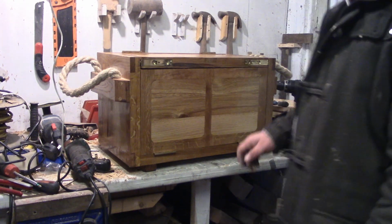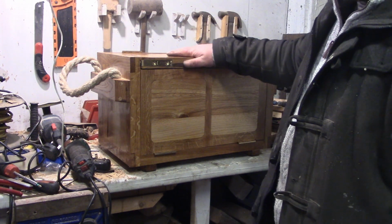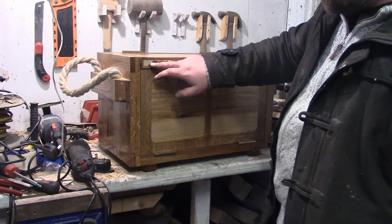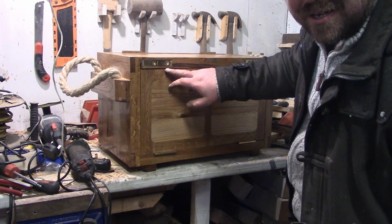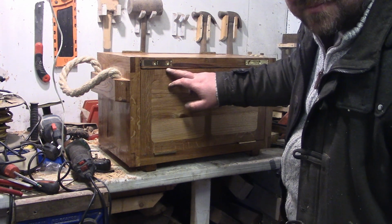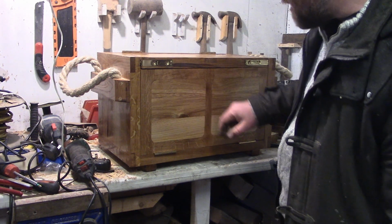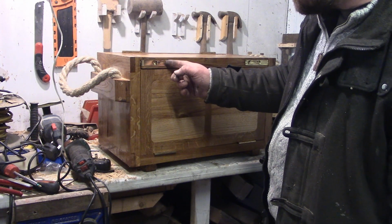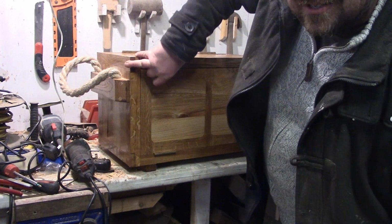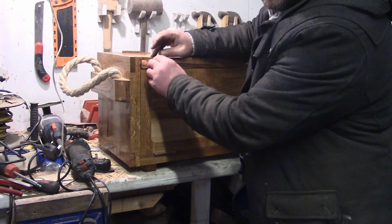Alright then, my lovelies! Look at this absolutely spanking box that I made. Hey? Whilst I was at college, I had a job in a timber shop, earning my beer money, and I used to stack the shelves or whatever, and